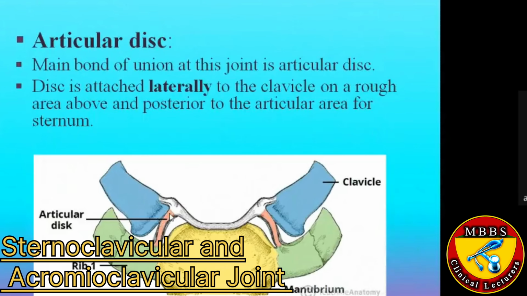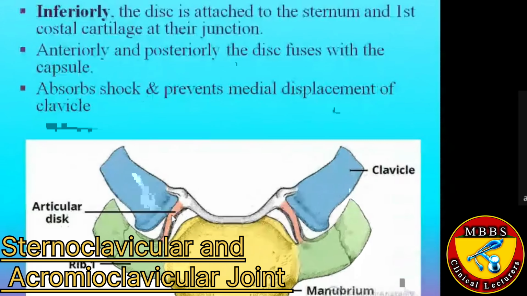Then we talk about the articular disc. This is the main bond of union at this joint. If you look at this disc, it is attached laterally to the clavicle on the rough area above and posterior to the articular area for the sternum. Inferiorly, this disc is attached to the sternum and the first costal cartilage at their junction. Anteriorly and posteriorly, the disc fuses with the capsule, and its function is to absorb shocks and prevent the medial